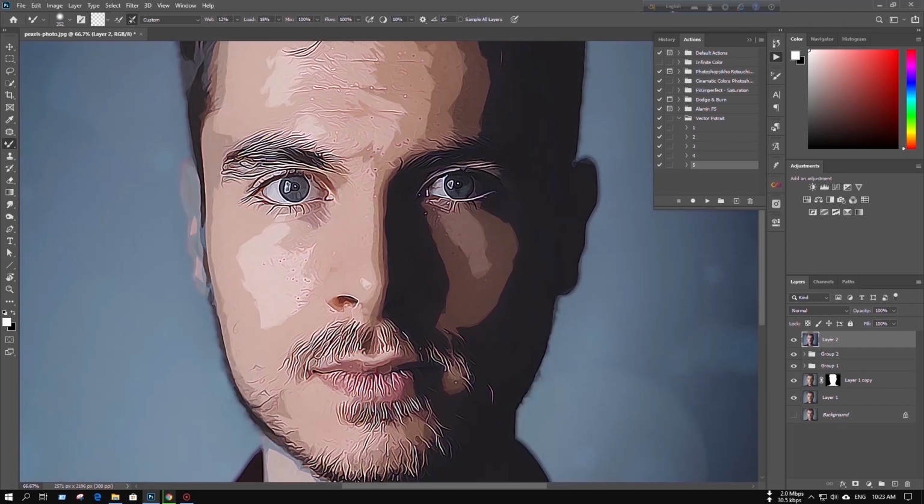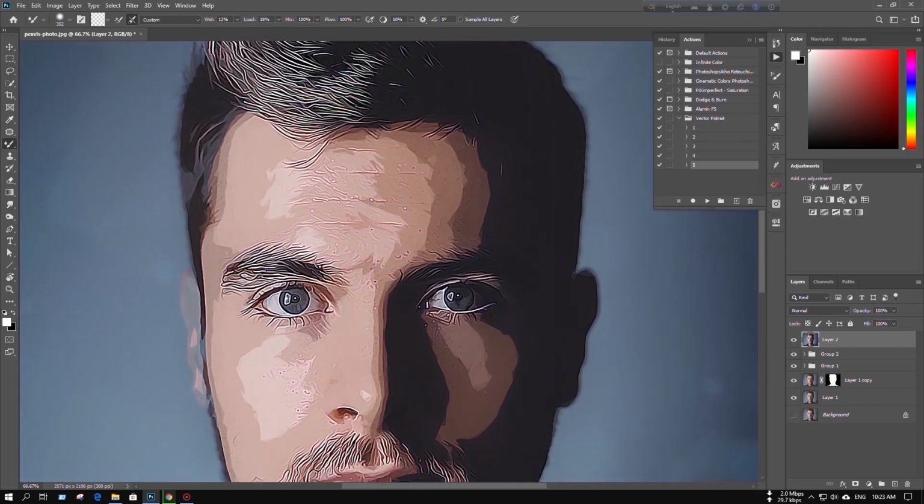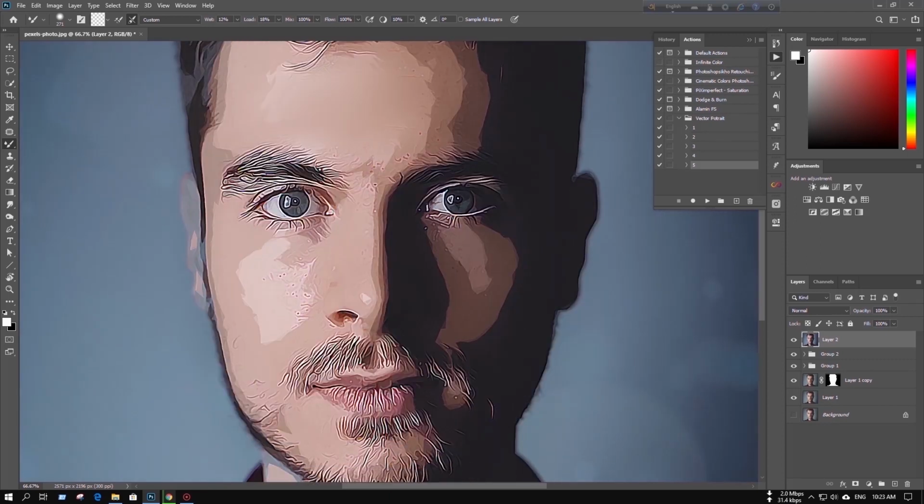Then just zoom in quite a bit, about 100% or something like that, and just paint over the wrinkles like that, so that this will look mainly like vector art. See,